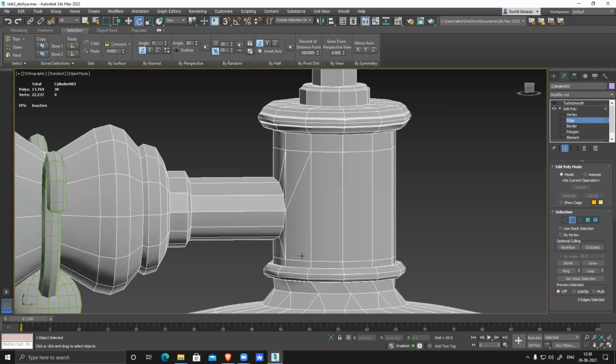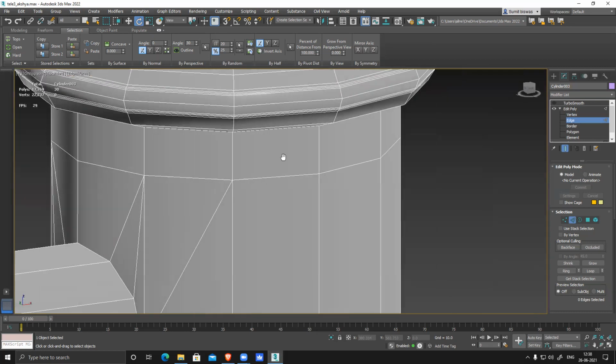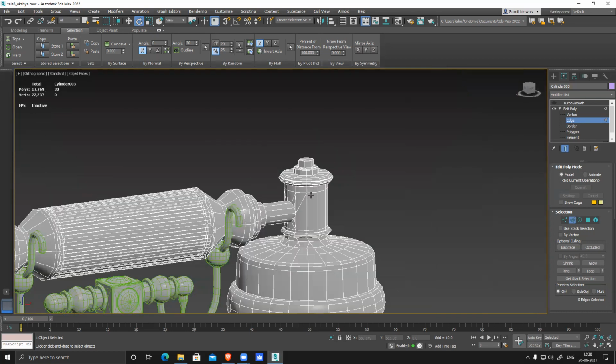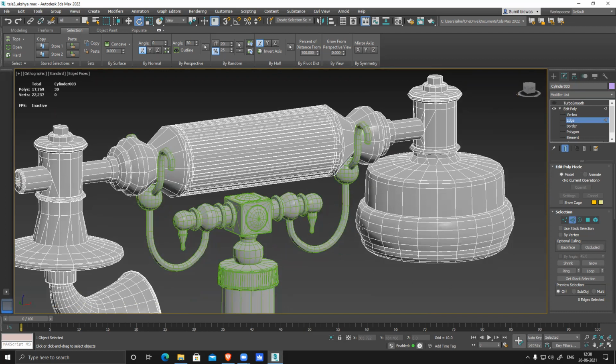This cut is not required. You could have connected this thing directly here. This loop is not required. And there are a lot of extra polygons, too many polygons. So there is an optimization issue. Make sure you optimize this. Overall the model is fine. Your entire thing is almost ready. There are a few modifications you have to do and fix. Little optimization. Get rid of your n-gons and double check for your n-gons with the help of the selection tool.